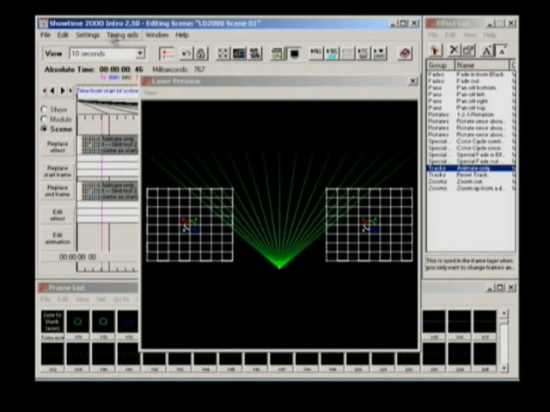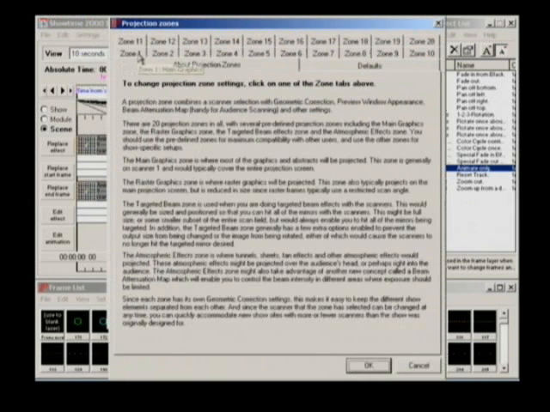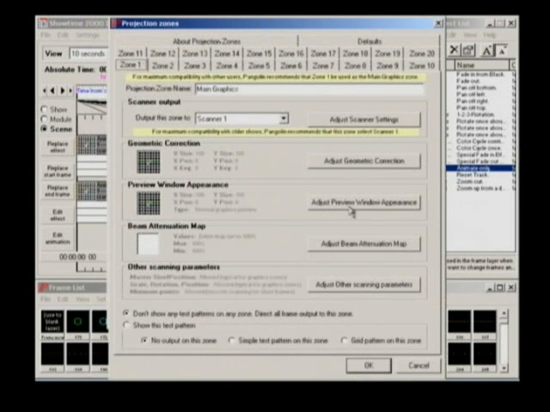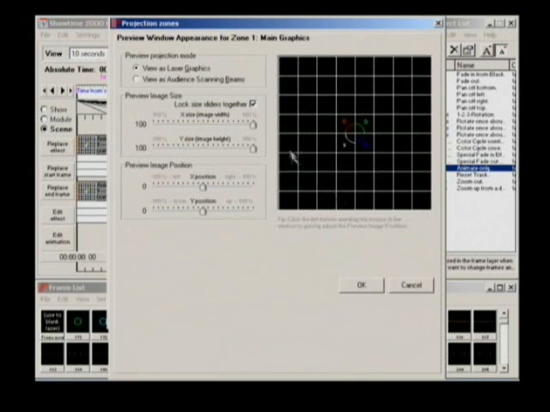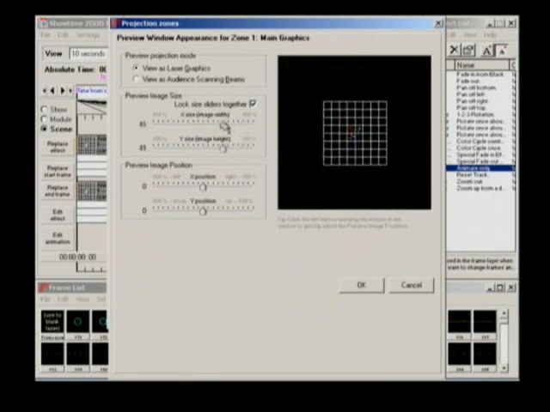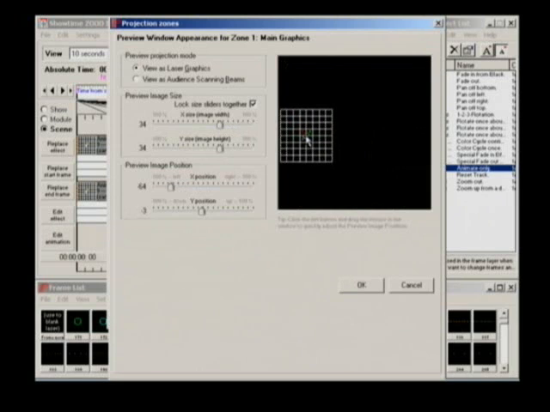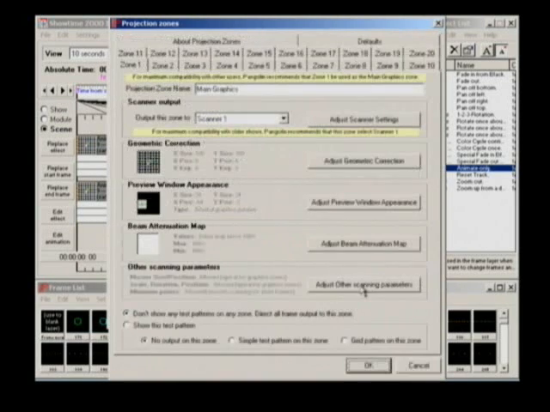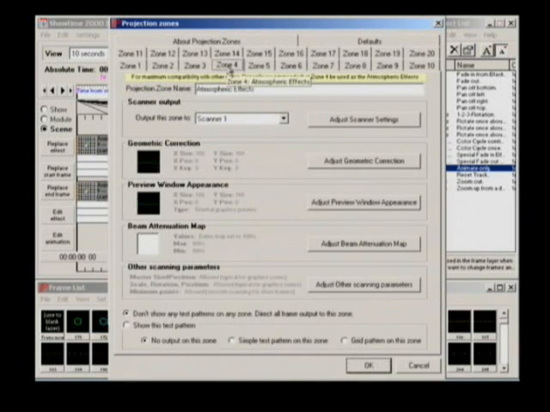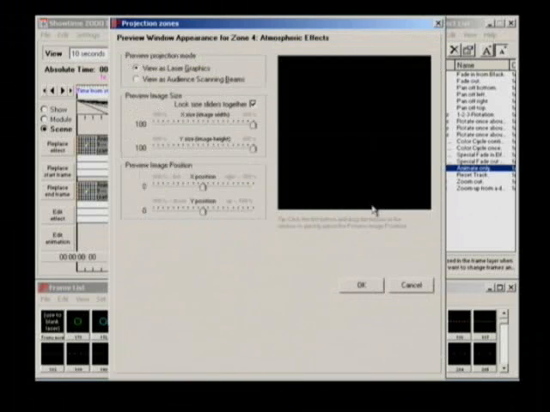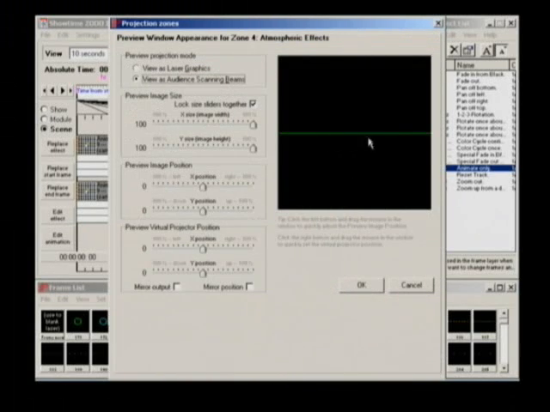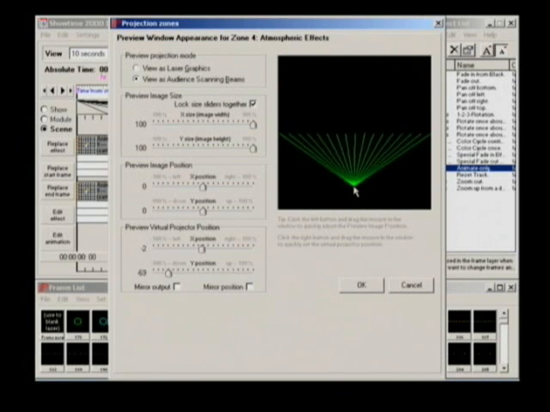We activate the projection zones dialog box and then select the zone we want to use for the left graphic screen. We press the preview window appearance button, which allows us to adjust the way that the image will appear on the preview window. We can adjust the size, position, and orientation of the image. Next, we'll set up the preview window for the right graphic screen and for the beam projector, using the same process. For the beam projector, we'll select the option that we want the preview window to show the image as projected beam effects instead of laser graphics, and we'll drag the projector down on the floor so that the beams